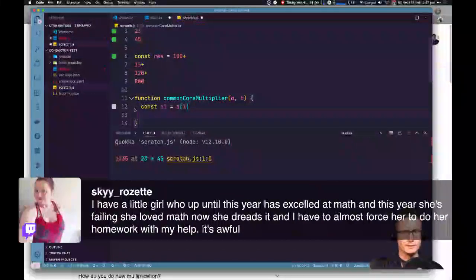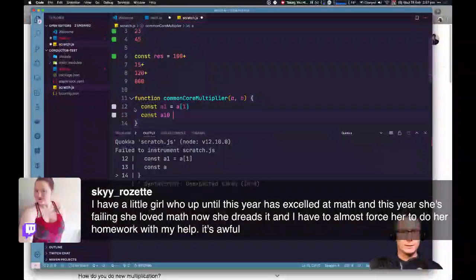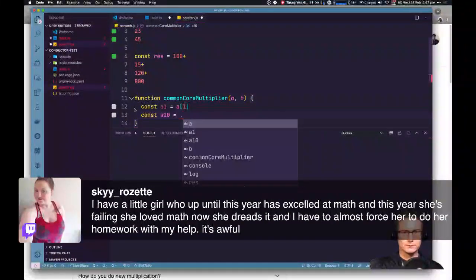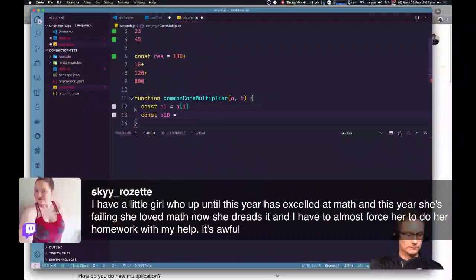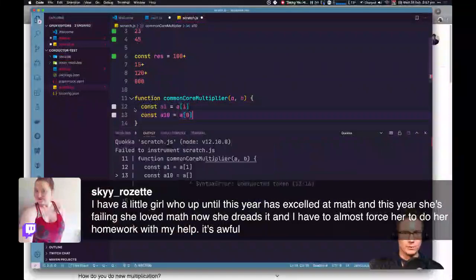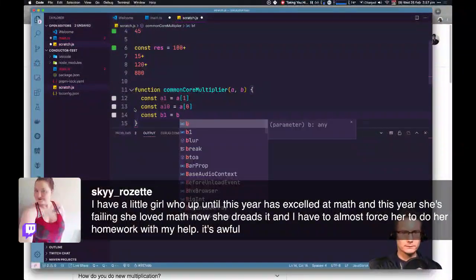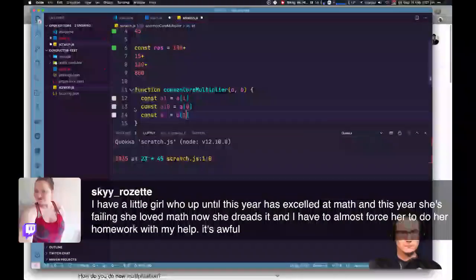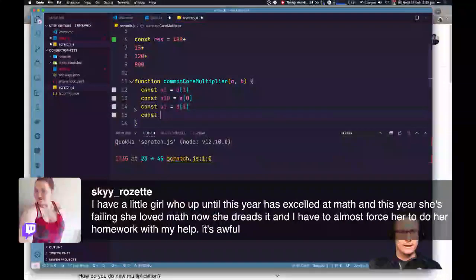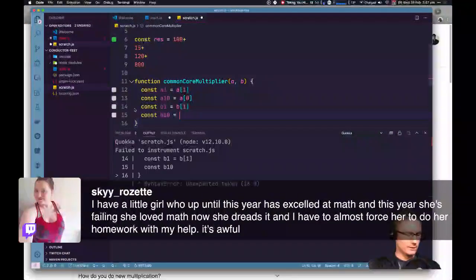And then const A10 equals A0. Like, I mean, algorithmically, this is how I'm doing it. Const b1 equals b1, and const b10s is equal to b0.